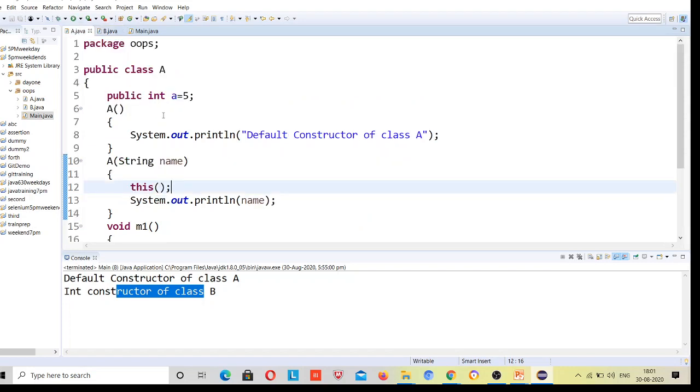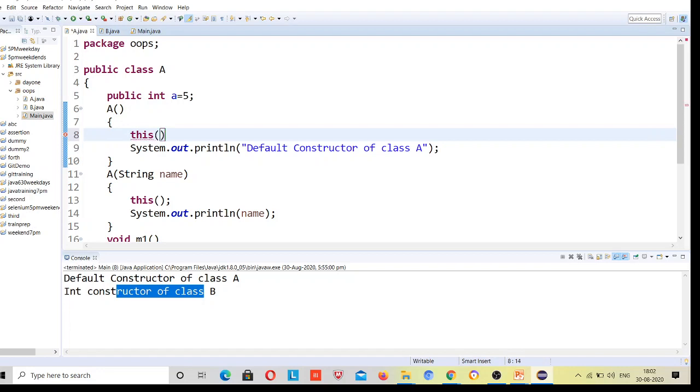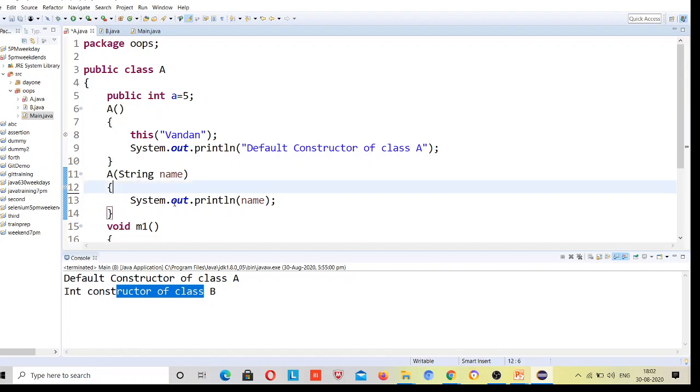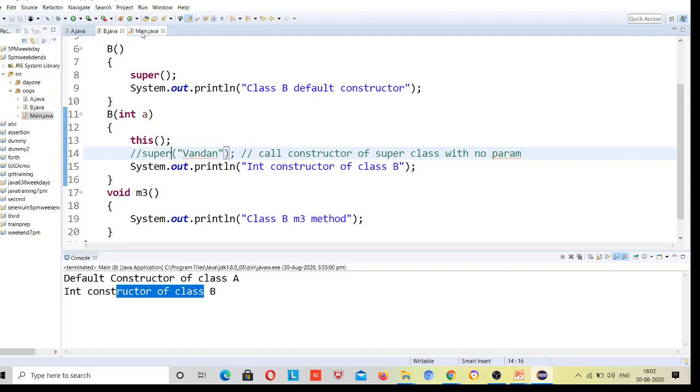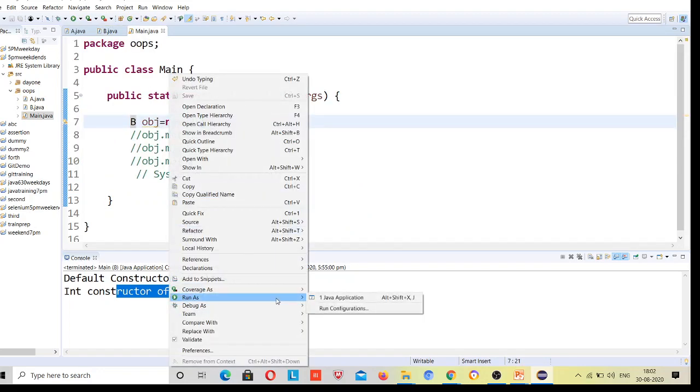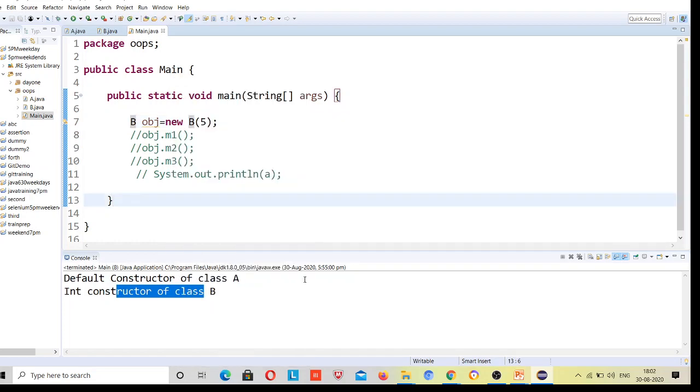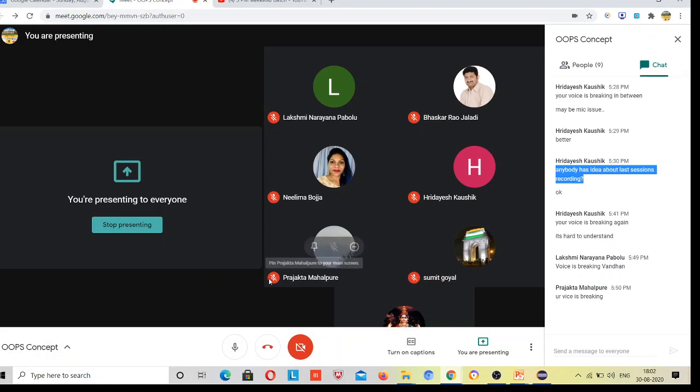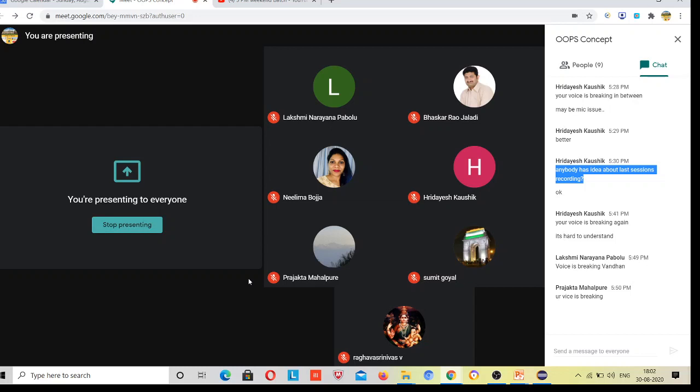Now the default constructor, I will provide this one. Then now I have to remove this just because there will be a recursion. I hope Sumit has completed recursion yesterday, or okay. So now I will call, and does anyone want to try what will be the output? Anyone? Just try. Don't think. Hridesh, do you want to try this time?